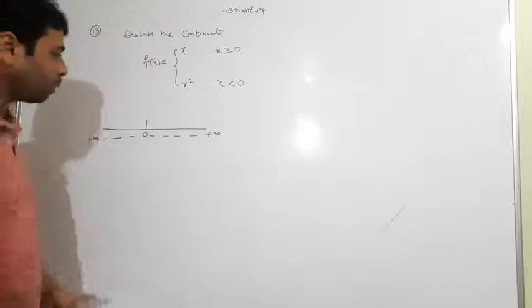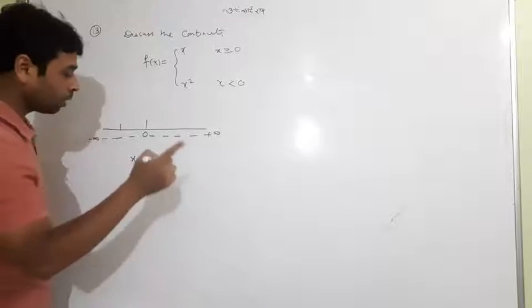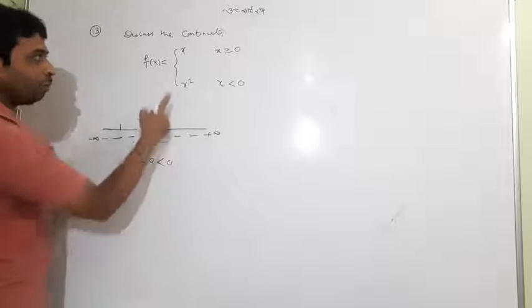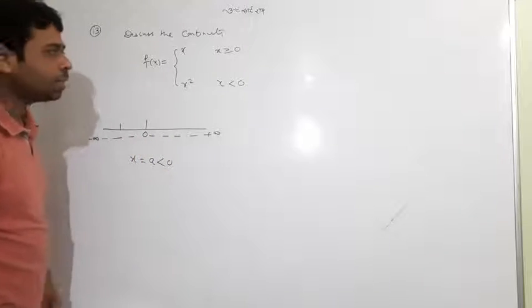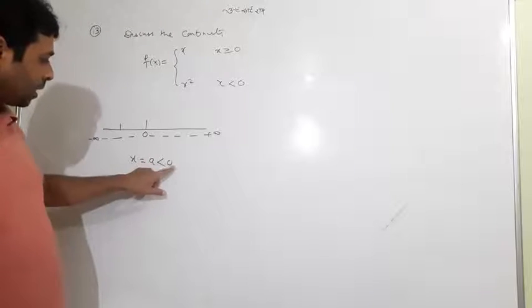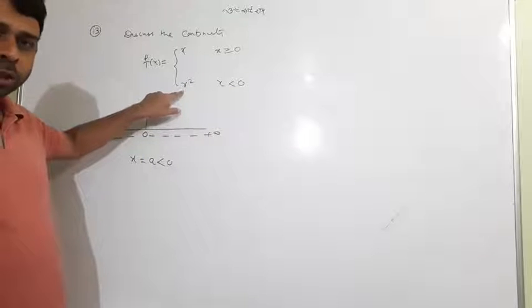So first of all, what we will take? We used to take what? Any value x, I'm taking this in rough work. At any value x equal to a which is less than 0. For all less than 0, function will be continuous, because that time only when x is equal to a, when less than 0 will take all will come under this x square. Function will be x square.